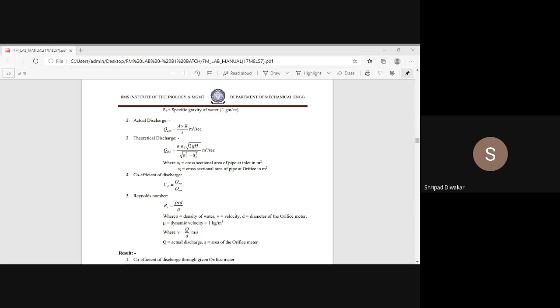You're having a sheet, right? That sheet. Guys, all of you have to do the calculations. Don't lose the papers and do the calculation. Get the values of Reynolds number and coefficient of discharge. And you have to write your name and USN. Only one calculation.